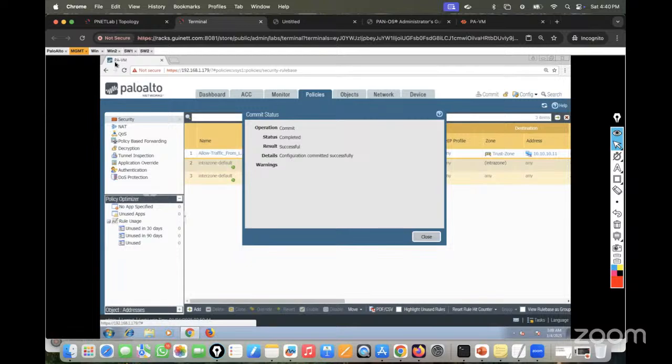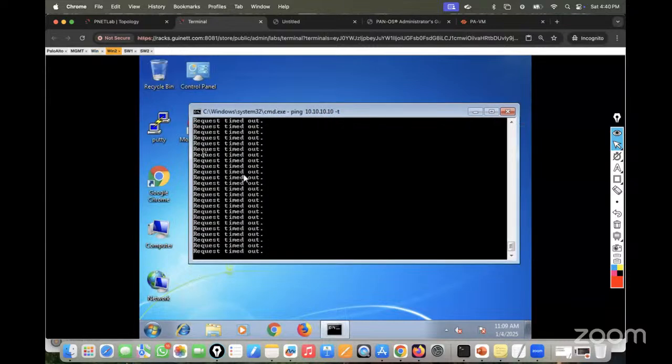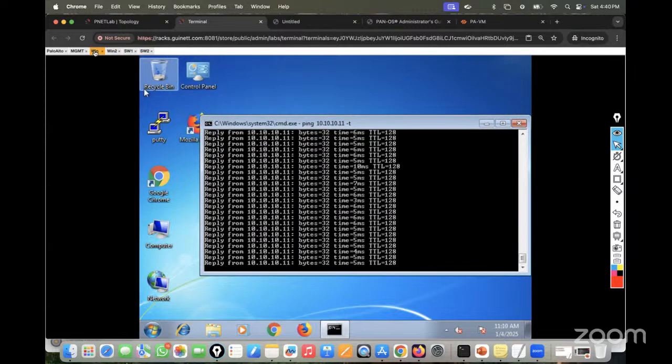So see, my one direction traffic has started working. This one is still not working. As I mentioned, I believe when we discussed it day before yesterday, the stateful firewall has a feature: